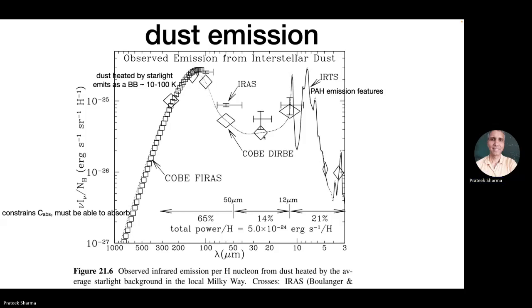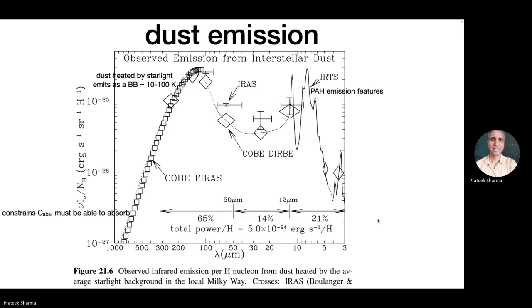These are also observations, and then at around here, these are some of the emission line features from dust particles. These are called PAH emission features, polyaromatic hydrocarbons. They are like benzene, but large cyclic rings put together. They're very complicated molecules, and some of these features are thought to be from there. And if you look at the amount of power emitted across these wavebands, at wavelengths greater than 50 micron, about 65% of the dust emission comes in the far infrared.